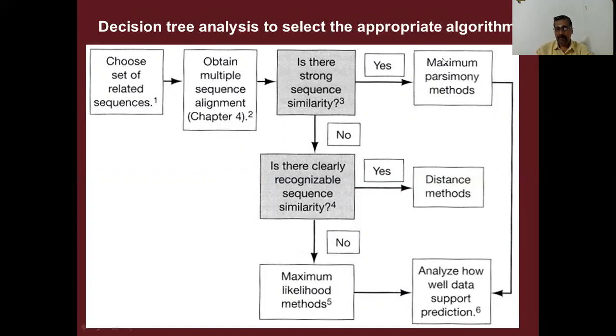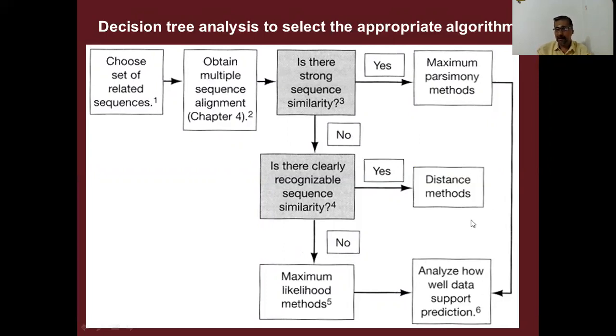So if strong similarity exists between the multiple sequences, go for the maximum parsimony method. Now if the answer is no, just observe whether at least some clarity is there, some recognizable, significant sequence similarity. If your answer is yes, then you go for the distance method.